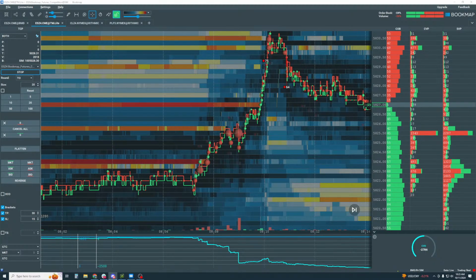Yep, exactly, Stephen. We see sellers, but price is going higher. Okay, so what's going on with that? How do you explain that? How is price moving up on more sell volume? What do you guys think? I mean, just speculate. No, it's not exhaustion, Hector. Exhaustion would be something a little bit different.